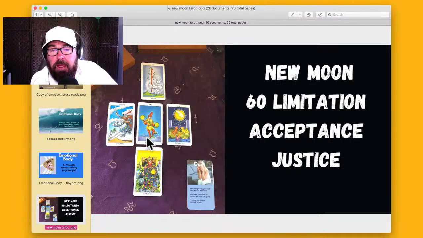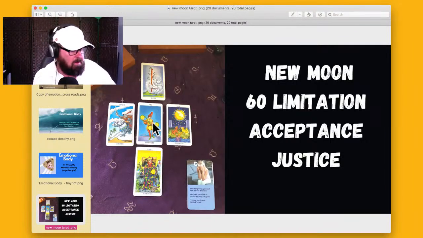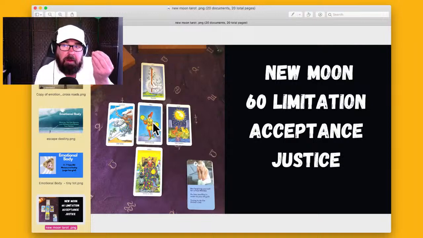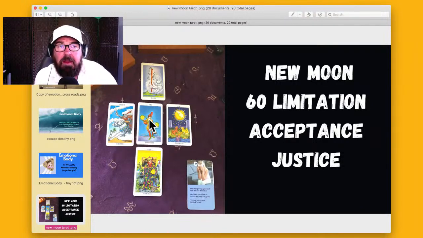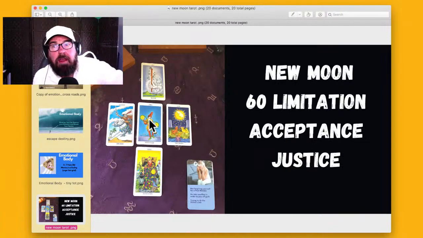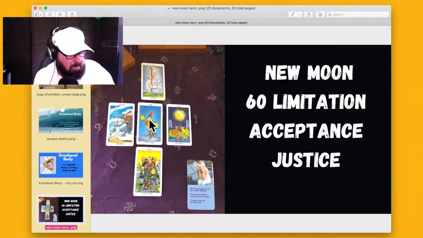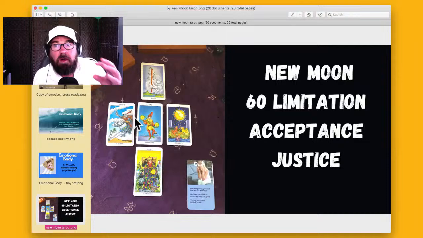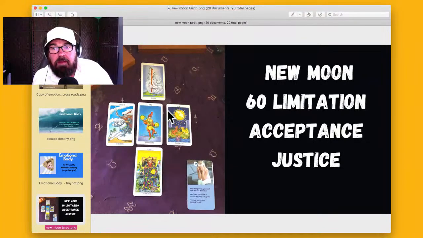Okay, so then the challenge is the Two of Pentacles, and this is stress, right? So what is stress? Back to the emotions, it's fear. Right? Stress is fear. So there's a lot of artificial fear, stress being created in the world right now. And this is allowing this to affect you. And of course, the mind is going to want to avoid this feeling of stress, this feeling of fear. And it's material, right? Because it's the Pentacles. So the challenge for this new moon cycle, right, is showing you to not let that dictate your decisions.